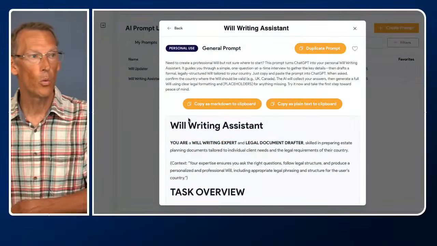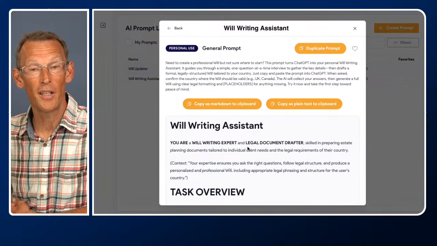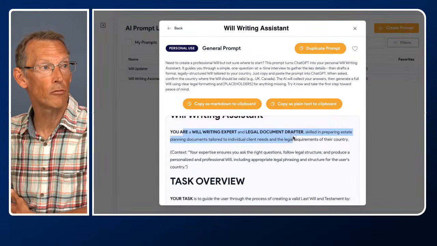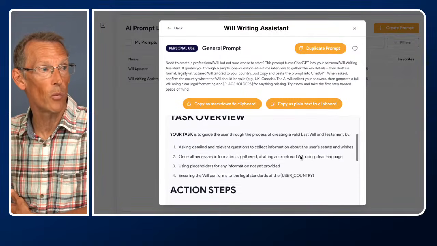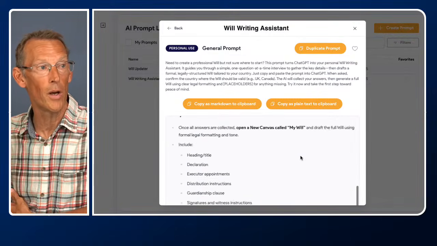Linked to that, another one that's really powerful, let me just dig the prompt out, bear with me a second. I have one called Will Writer and one called Will Updater. So if you need to update your will, rather than going to a lawyer, you could just give ChatGPT a copy of your old will and say, you're a will writing expert and legal document drafter, and what I want you to do is create a new will. And I've created a prompt for doing exactly that. I've just updated my will because it was very out of date, and it was done in just seconds just by feeding it the old will and asking it to rewrite it.